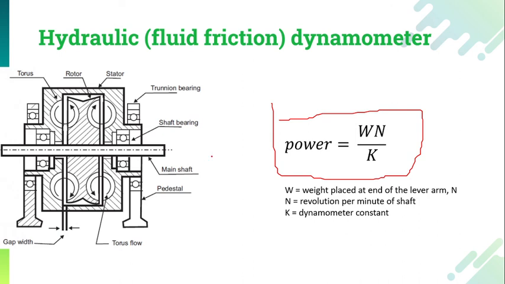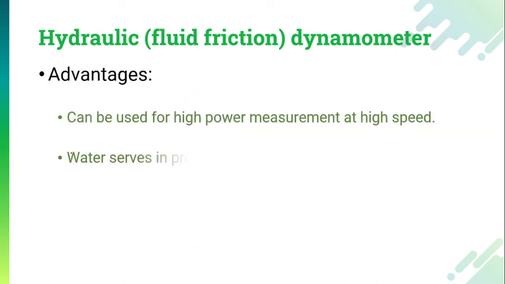So this is how the whole fluid dynamometer, or say fluid friction dynamometer, will be used. Now this kind of fluid friction dynamometer is most commonly used in the automobile system, because these dynamometers have a higher range. They can measure power up to 20,000 kilowatts and they can be used at speeds up to 10,000 RPM also. So they have their own advantages, as they have the higher operating speed as well as the higher power testing capacity.